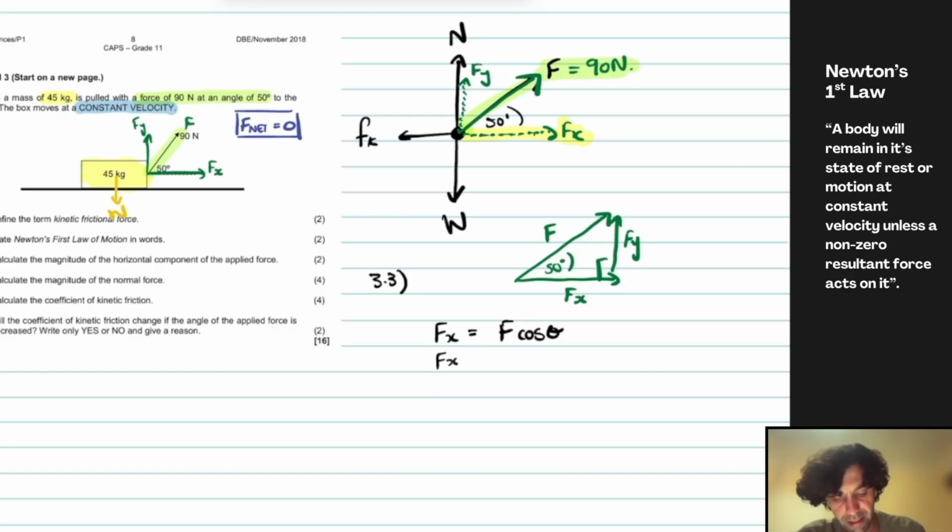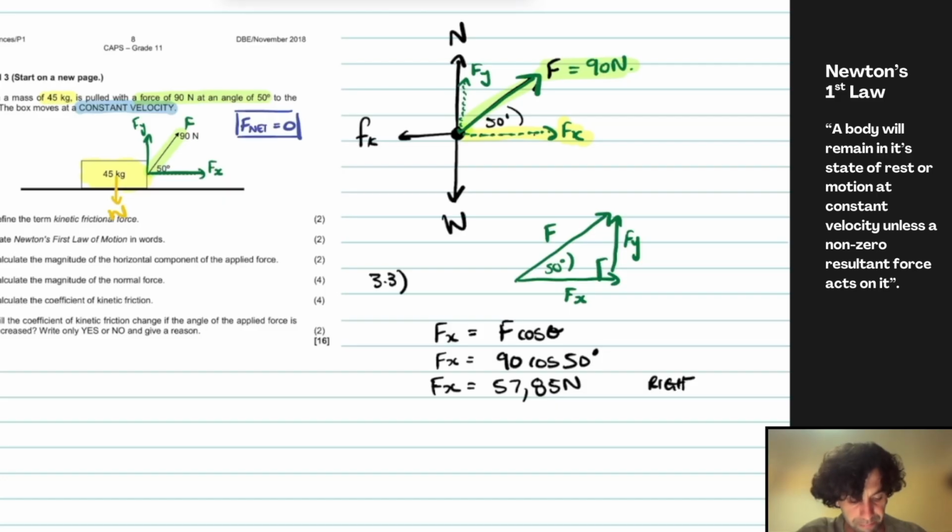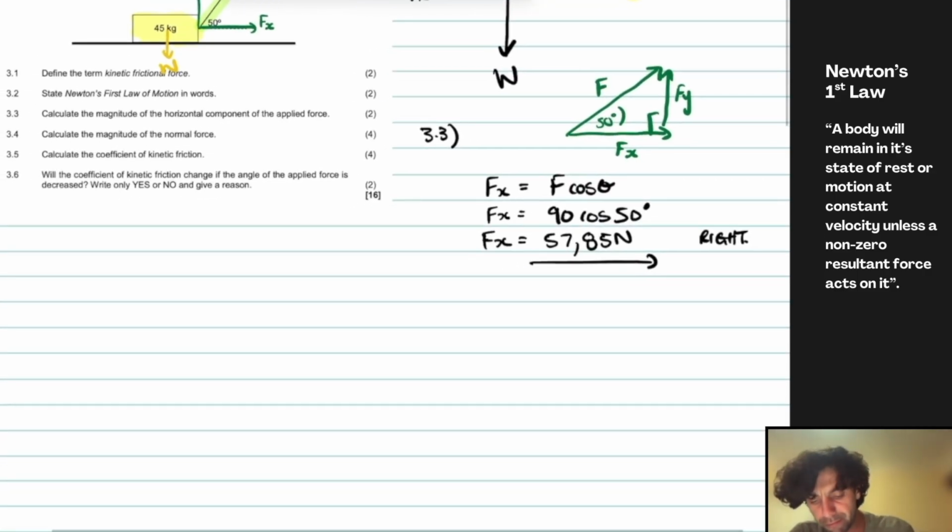We can rewrite that as Fx is equal to 90, because that is our force, cos of 50 degrees. So we find Fx to be 57,85 newtons, and that is obviously acting to the right. There you have it. 3.4 now asks,